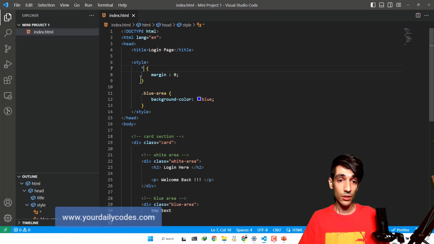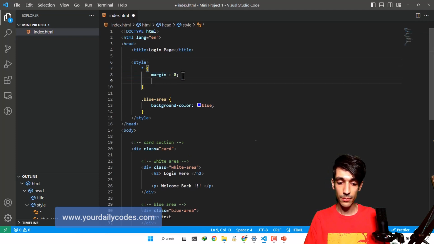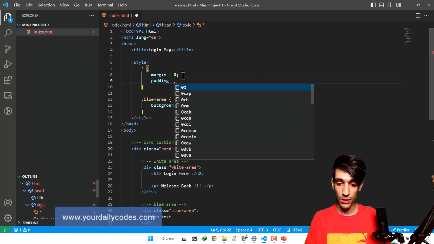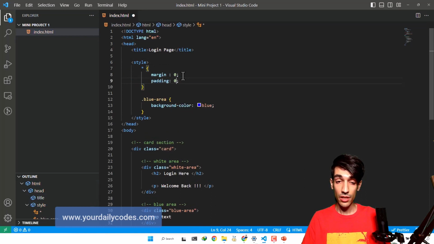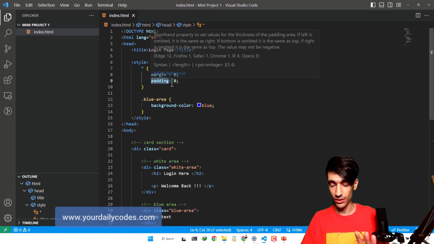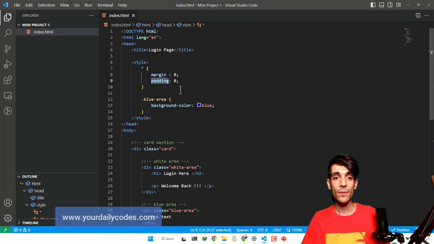And it's very common that developers usually use this star margin 0 and padding 0 in their codes, because browsers usually have default margin and padding for tags. Don't worry, I will talk about padding just in this session, just wait. And they want to set margin and padding of everything to 0 and control the margin and padding by themselves.